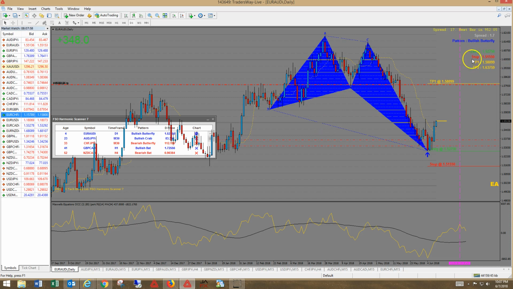You're going to get your entry, your stop loss, your TP1 and TP2 targets. The one addition to the FSO harmonic scanner is the angular momentum indicator. If you do have the AgMet, then you are already familiar with this little indicator and how it works. But I think this would be a good addition to helping with those entries, because I know one of the issues that a lot of people have trading harmonics are the patterns that